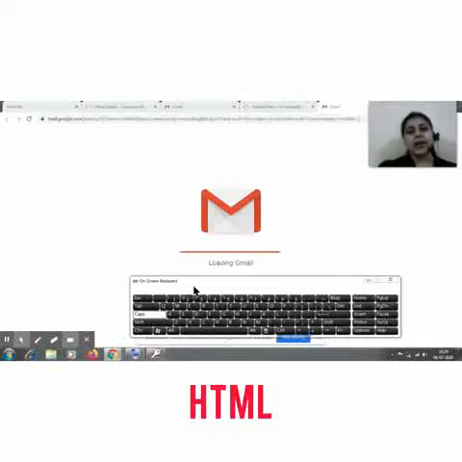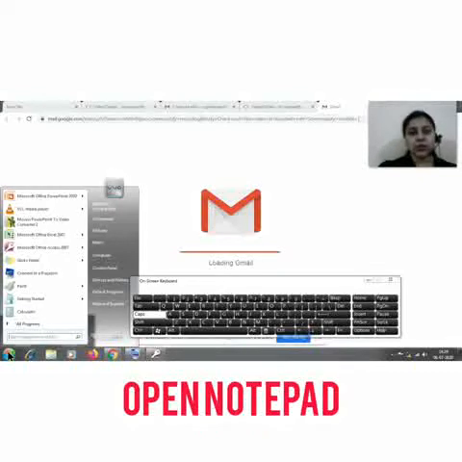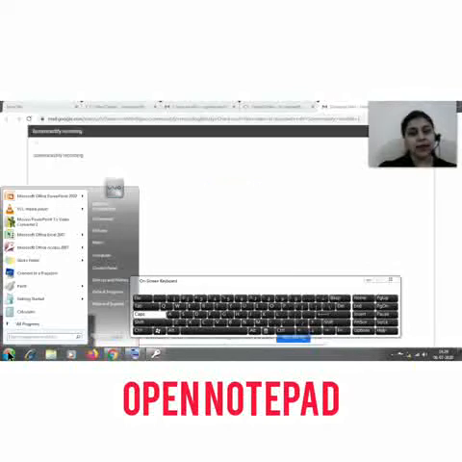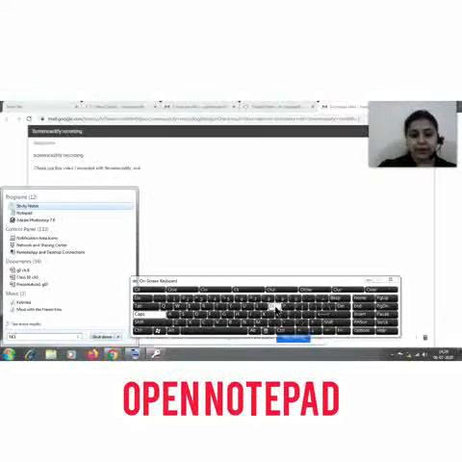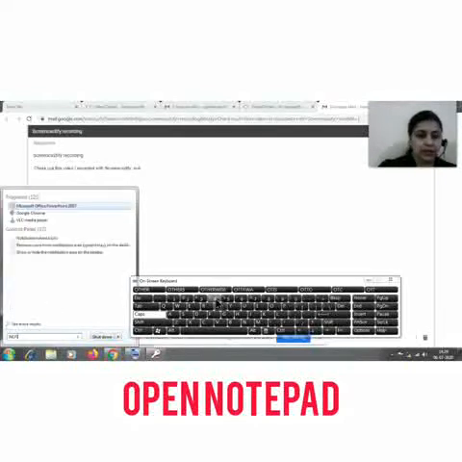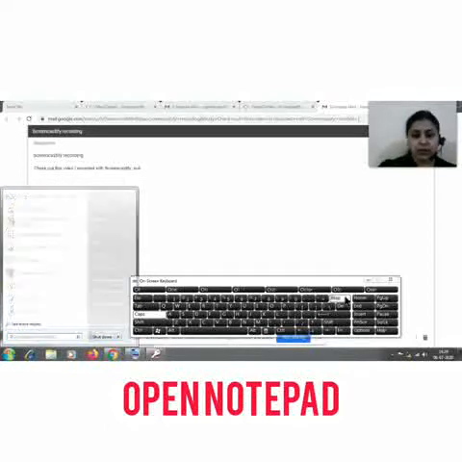Today I will show you a sample program of HTML. For HTML, as I told you, you need two things: one is your Notepad and the second is any browser on your system. Notepad is there on all systems. In the search, you can simply type Notepad, and you can find it on your system. You just have to click on that option and choose it.